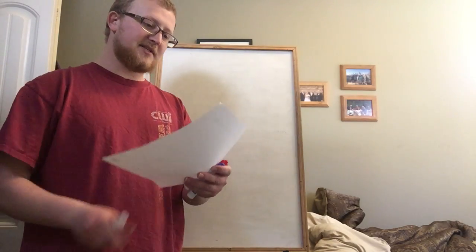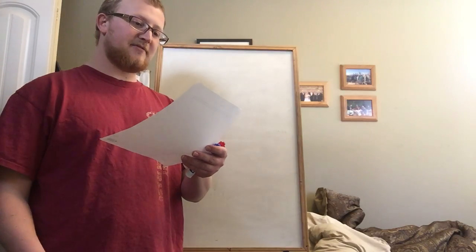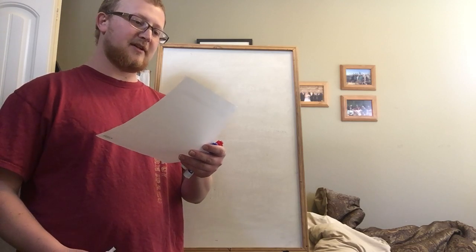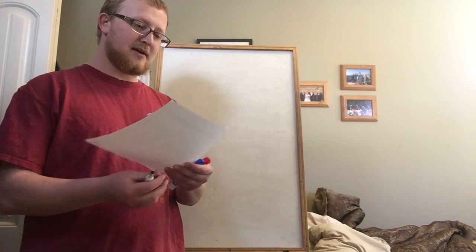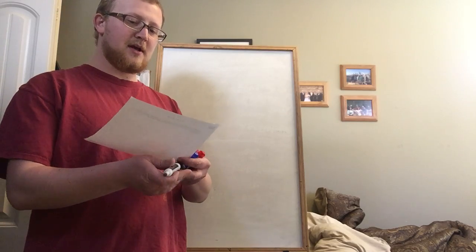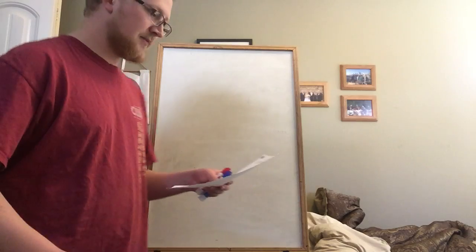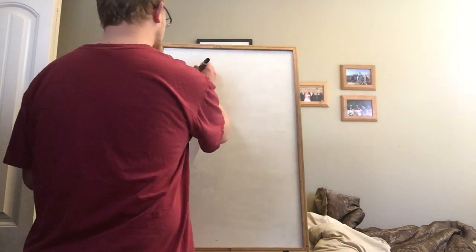So problem 7 states that a straight wire of length 50 centimeters carries a current of 40 amps and a uniform magnetic field of 80 millitesla. The force on the wire is 1 Newton, so now we need to determine the angle between the wire and the magnetic field. So what we know is we have a length of straight wire,